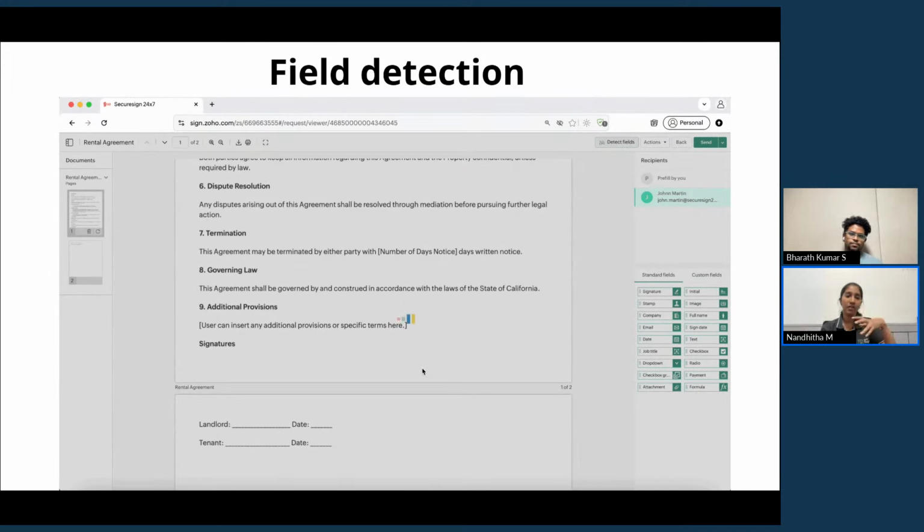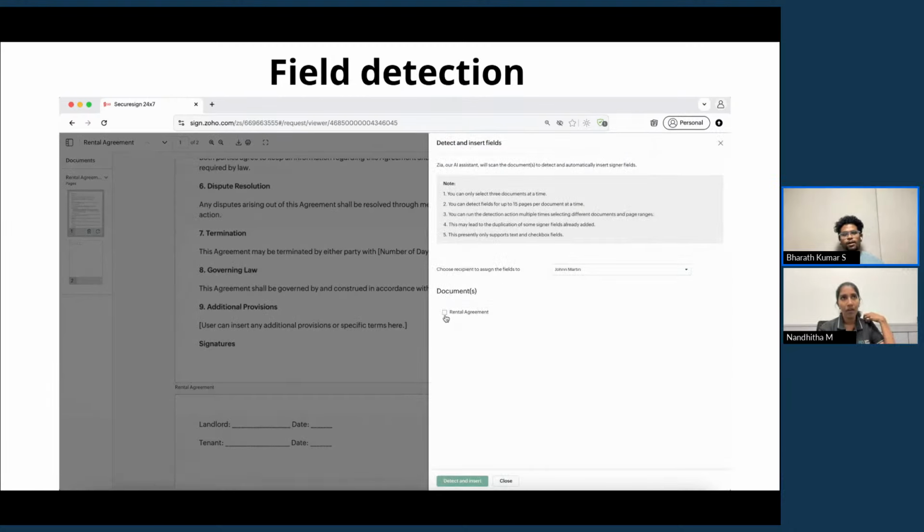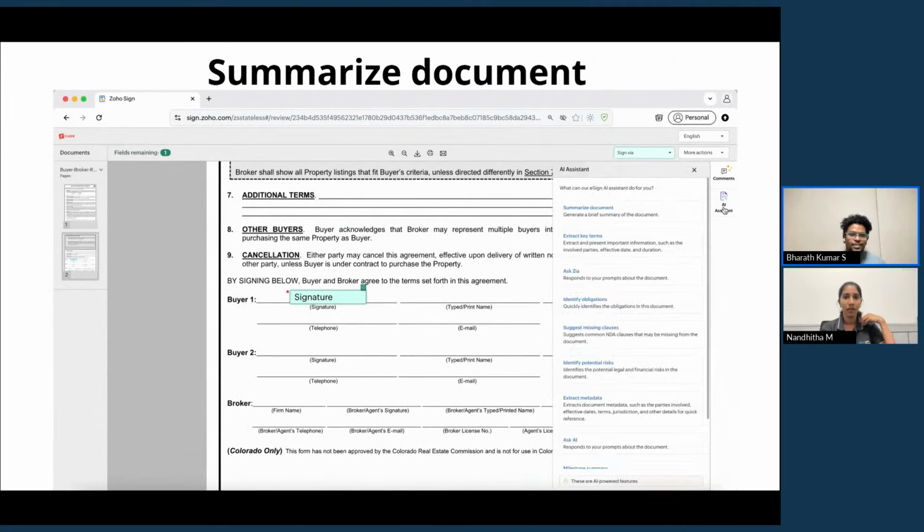And if there was one feature that was really efficient when it comes to signing, which one would you actually say, Bharat? What is that one feature that makes signing really efficient? The one feature which I would say is obviously the summary. So I just want to put a question over here.